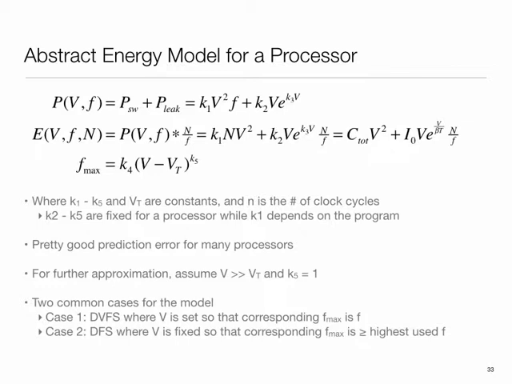So in a sense, now what happens is you can run the program and collect a lot of data and estimate these coefficients that we have, the C total, I naught, beta, K4, K5, essentially a nonlinear regression problem that we have. So you make simplifying assumptions like K5 is often assumed to be 1, you assume that V is much greater than threshold voltage, so you ignore the threshold voltage part, things like that, but roughly speaking,